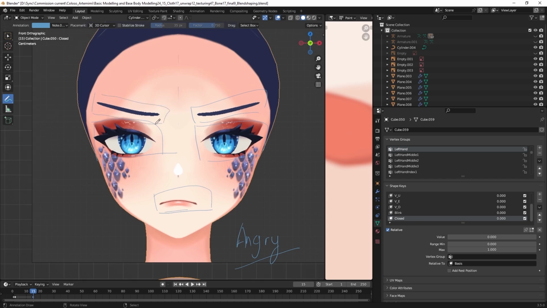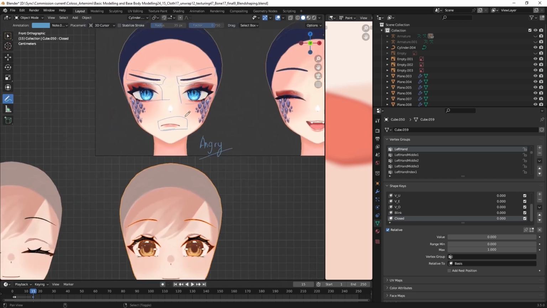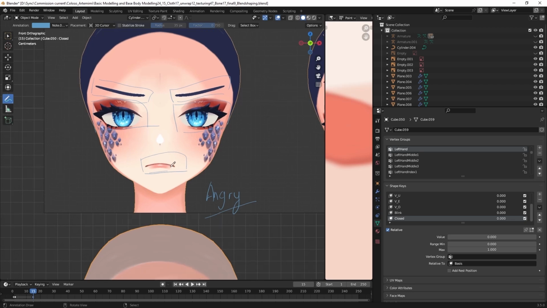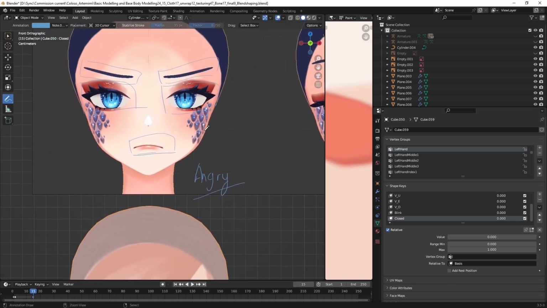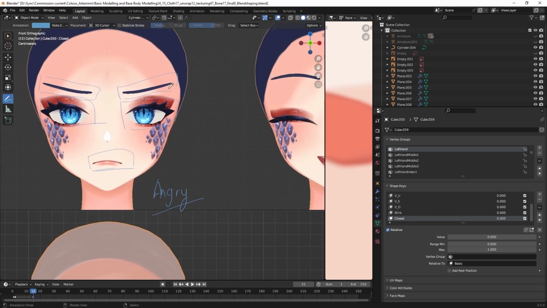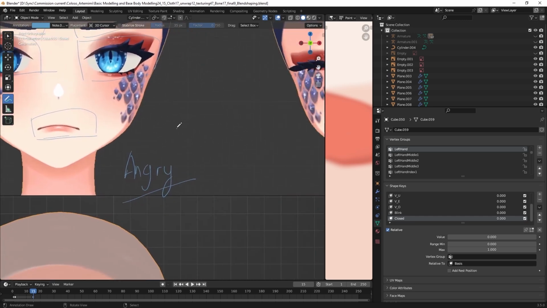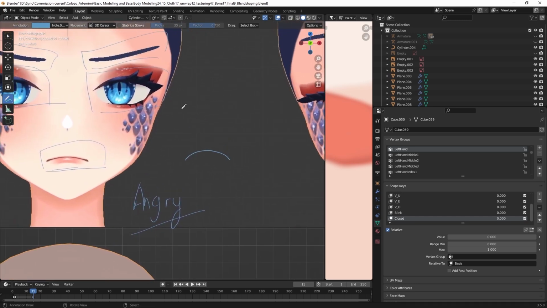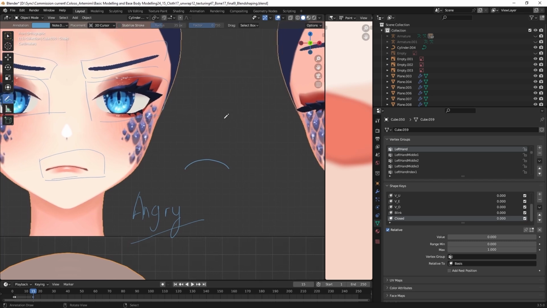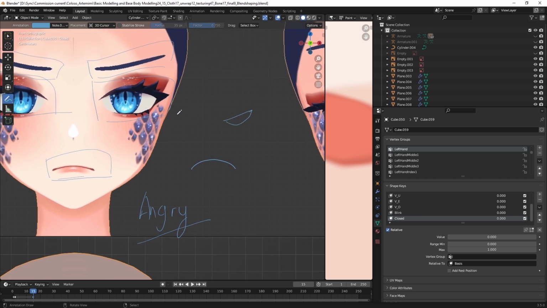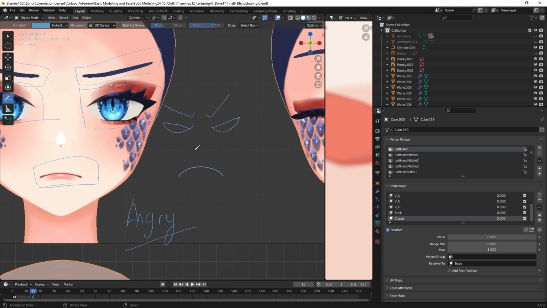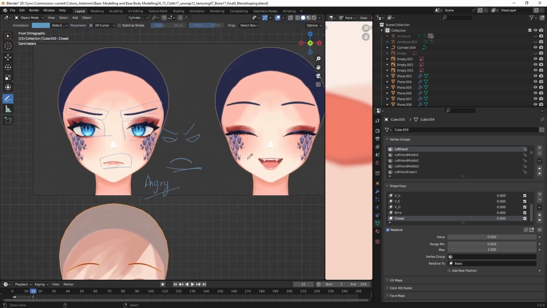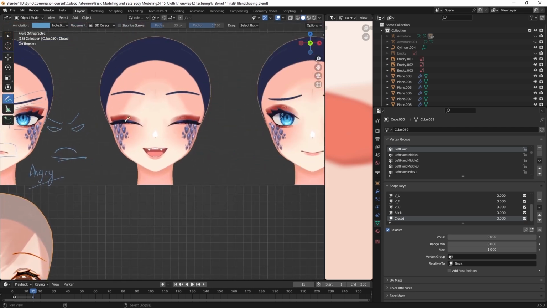So to create this expression, what we're gonna mark is the mouth, eyes, and the eyebrow. The point of making this emotion is to make an emotion like this. All right, and then we want to make it angry, and then we will have the eyebrow. So this will be our emotion for the angry.